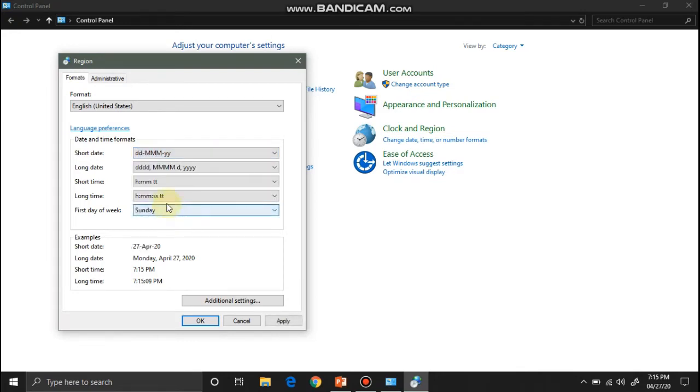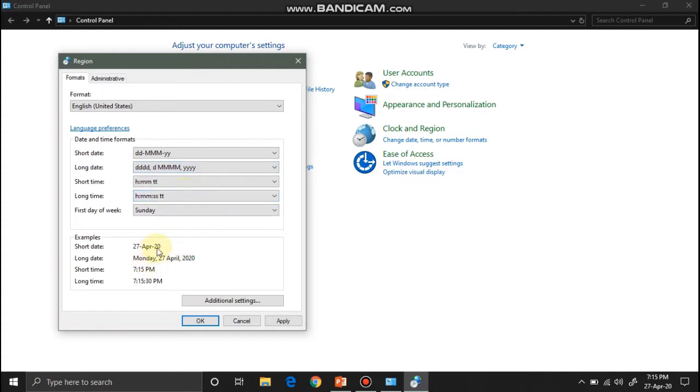I will click on this and apply. Here you can see it is 24, then 27, then April, and then 20. So you can change the date format from here. How you want to see the date or day, you will change here.